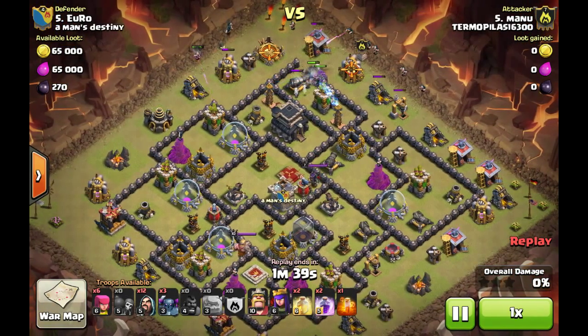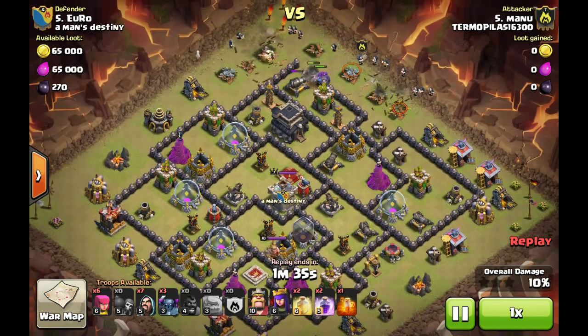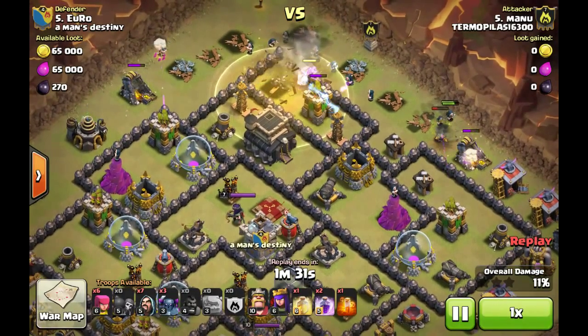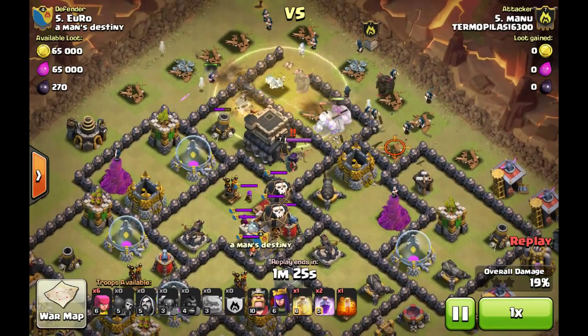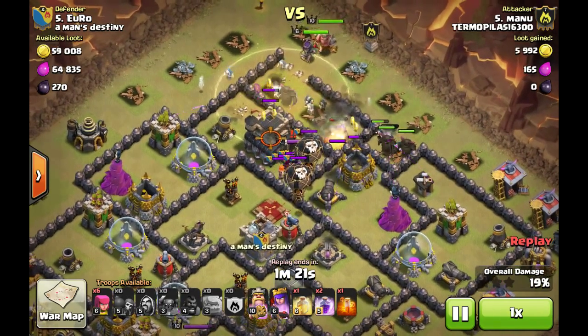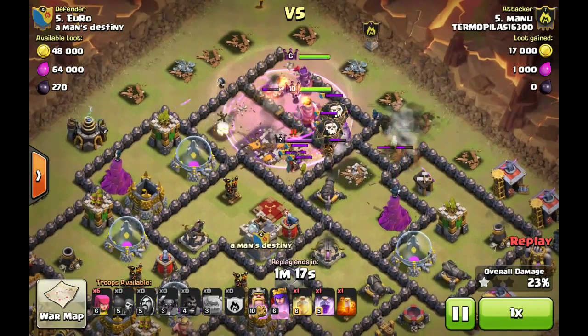As you can see, they dropped the golems. The mistake here is you want to spread the golems out, because yes, the golems are here sharing the damage, but if there's a golem over here, it's taking these defenses away, and there's one here taking these defenses away, and that's why you drop wizards behind the golems. And here come the Pekkas. And I think what hurt him is the clan castle troops. He's late on the poison,